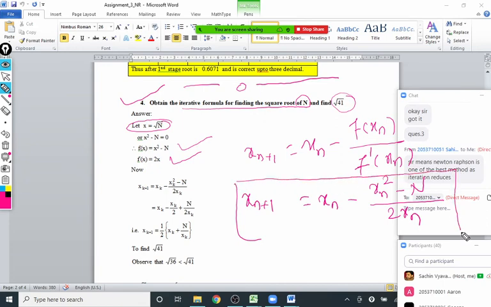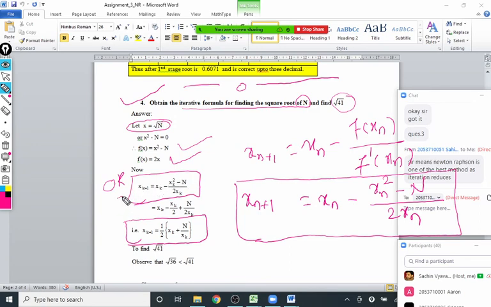In step 1, you can keep this as the iteration formula, or if you want, you can simplify and write a simplified formula; that is also okay. What simplification is done? A separate division is taken and just a small simplification is done there. There is no need for simplification; you can keep this also as the iteration formula. Once you get the iteration formula, label it as equation 1 and use only that equation to get root 41.